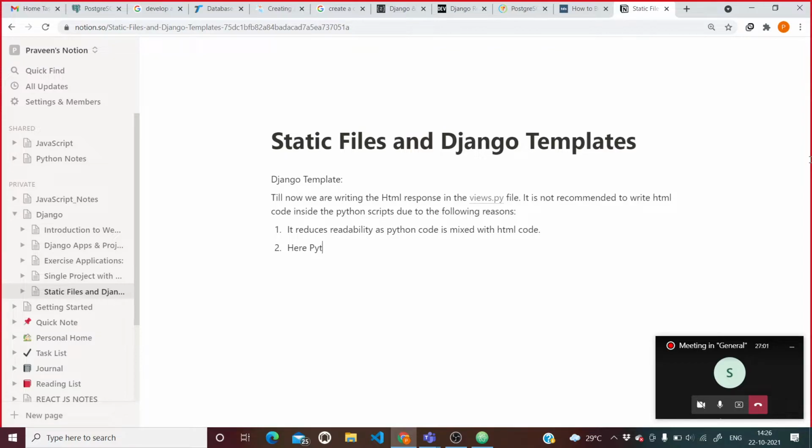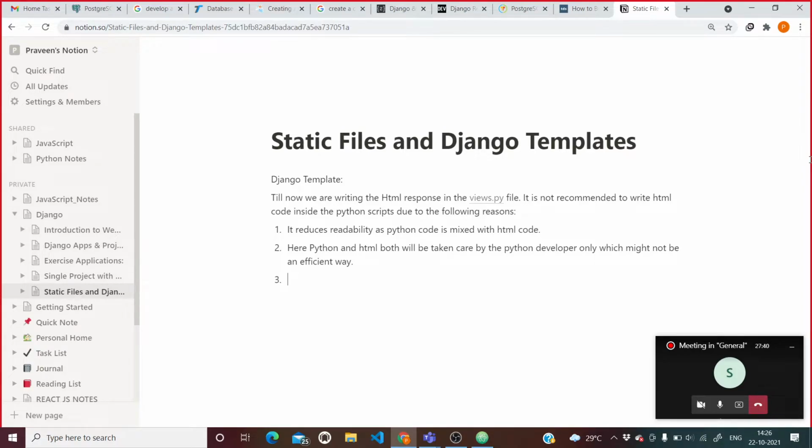Both will be taken care of by the Python developer only, which might not be an efficient way, because generally whoever does back end code is not that good in front end.